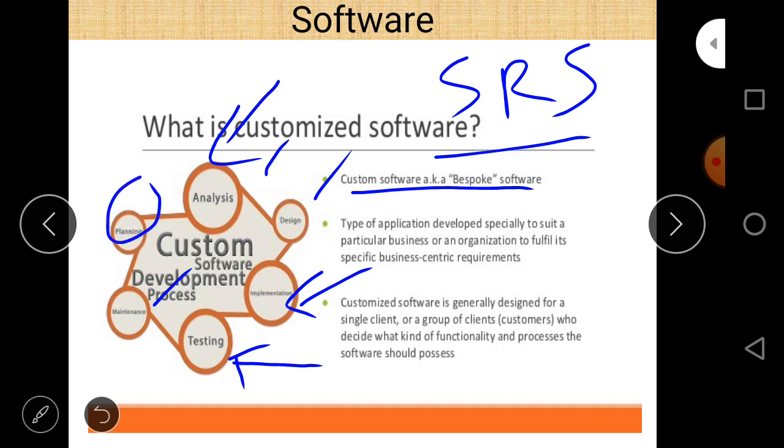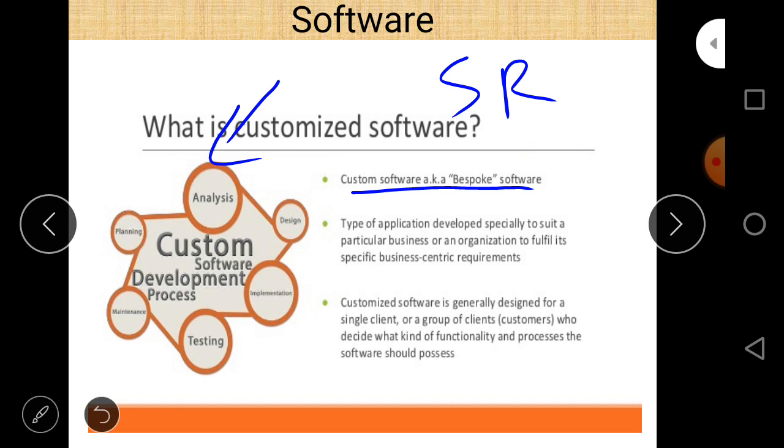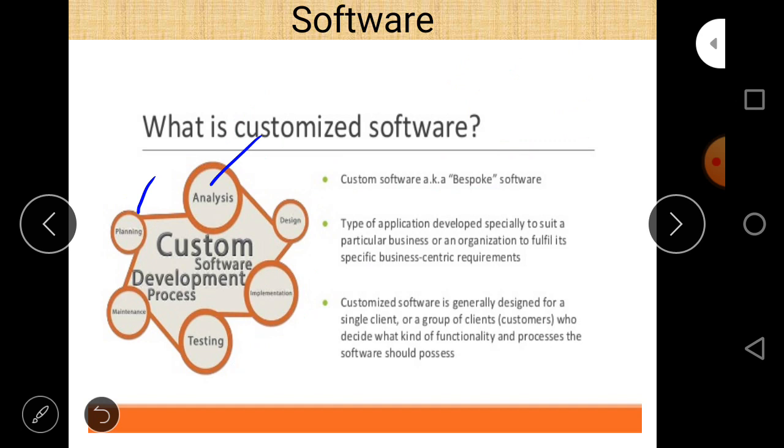Planning comes before analysis, in which we plan a software. When we plan a software, then we go to the analysis phase, then the design phase, then the implementation phase, and testing and maintenance are the last ones. We start from the planning phase, where we plan how many people are required and how much time it will take. After that, a complete analysis, a feasibility study, checks whether it is beneficial for us or not. These are all part of the SDLC.